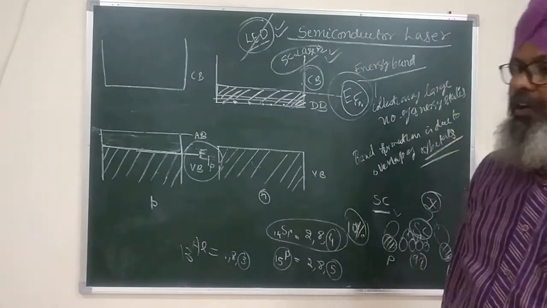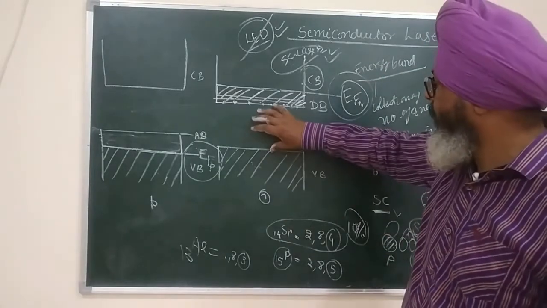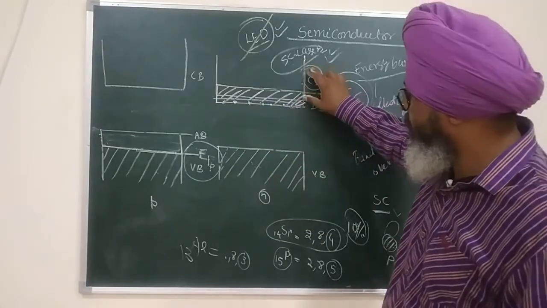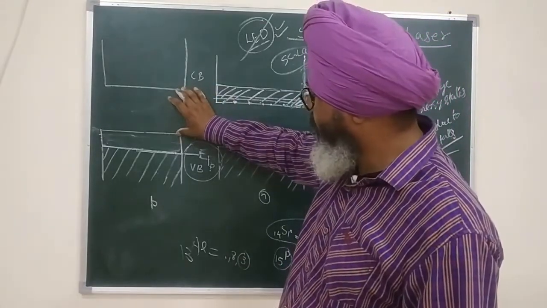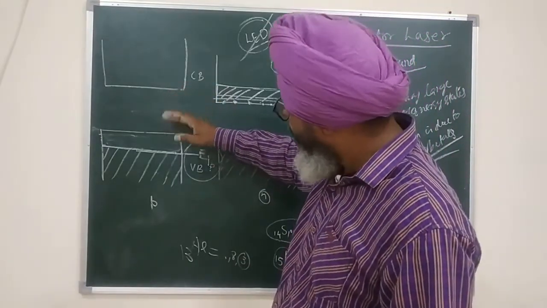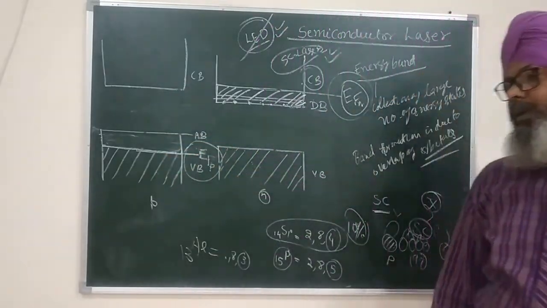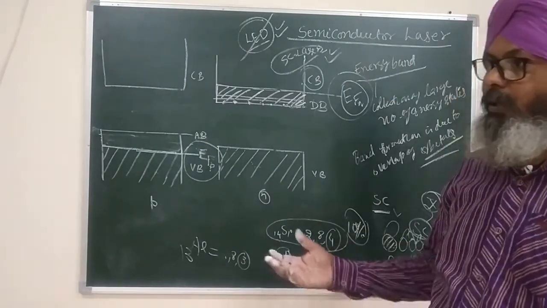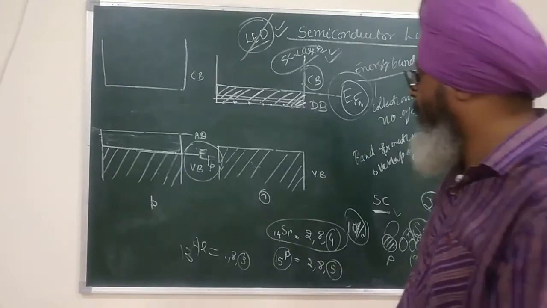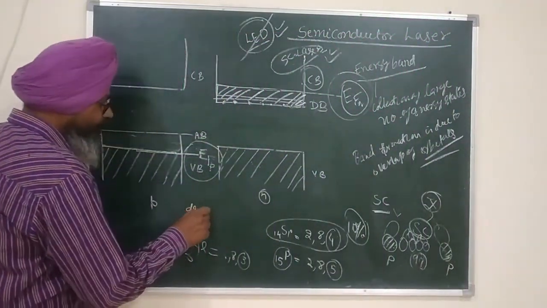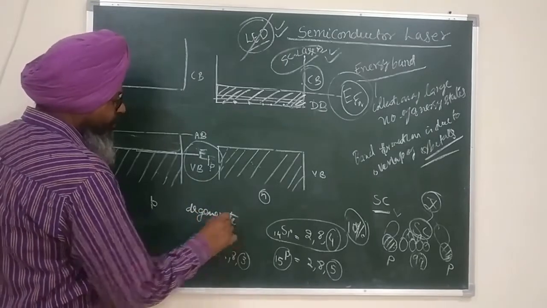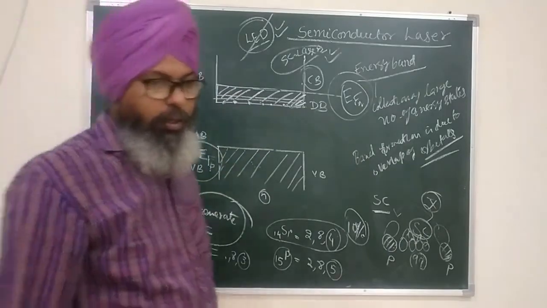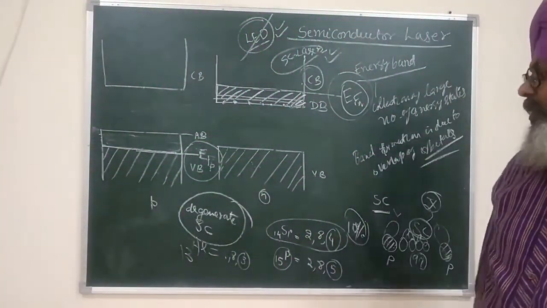In such a semiconductor the Fermi level is not in the energy gap. Kindly remember, here it is in the conduction band, and here again the Fermi level is not in the energy gap, it is rather in the valence band. Such a semiconductor in which the Fermi level is not observed in the energy gap, but rather in the conduction band or in the valence band, is called a degenerate semiconductor. So the band structure that I have just shown is of a degenerate semiconductor.